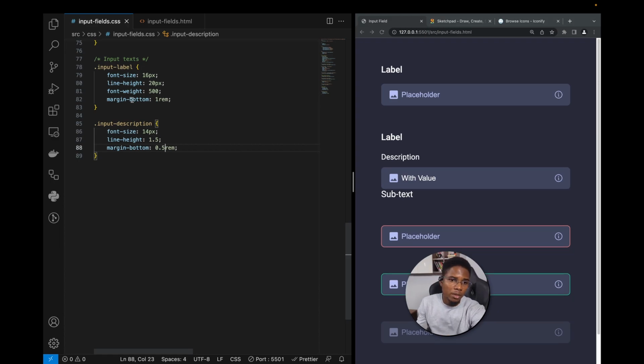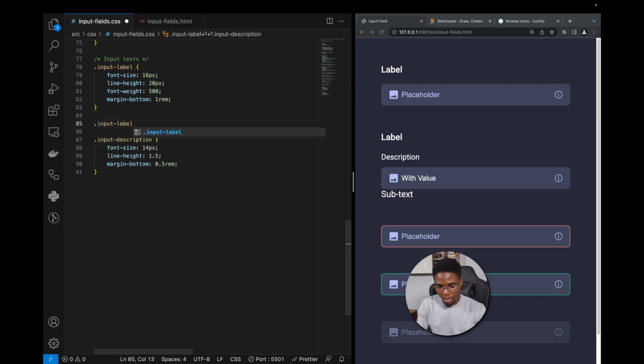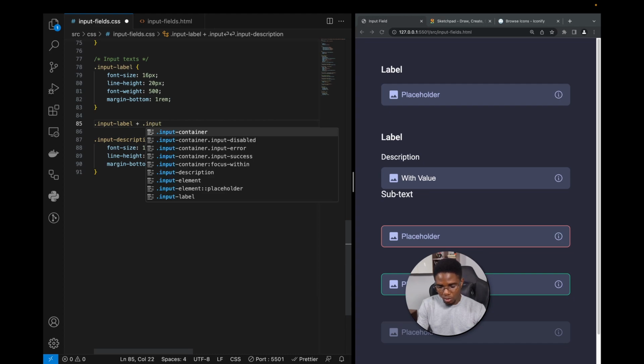Okay, so let's say we have these two scenarios. The first one is, okay, if an input container is following a label, I want to give it a margin bottom of this 1 rem, and if it's a description, I want to give it a 0.5. But there will be an issue if we do it this way, because there will be a conflict here. So what we'll do is we'll select the input label and we'll use the plus selector to select the direct sibling after it. And if it's an input container,